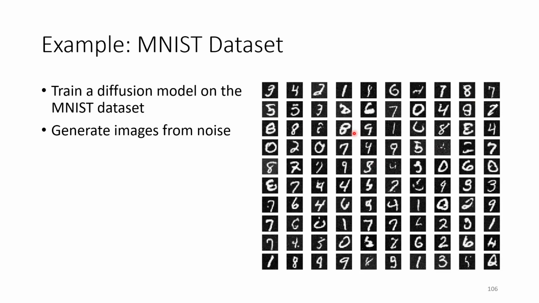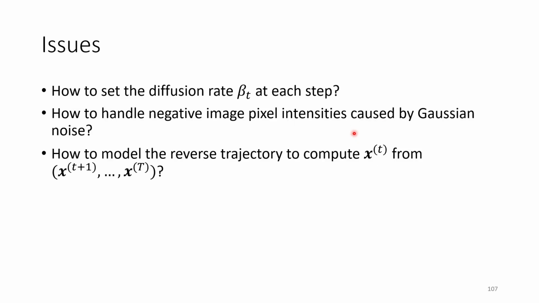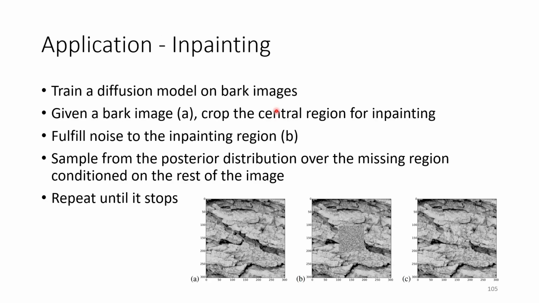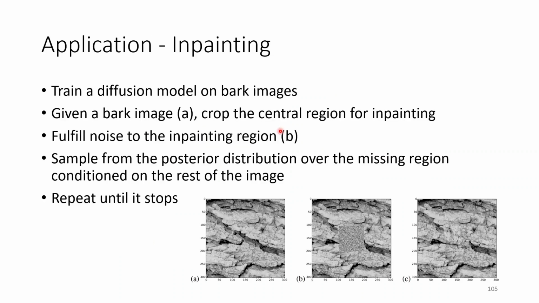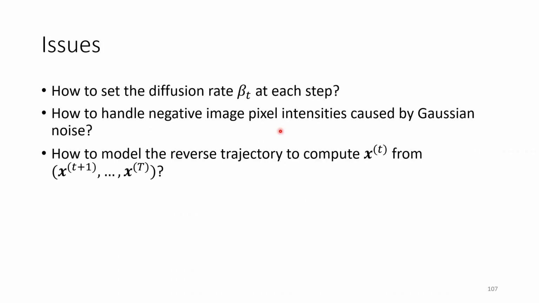Okay. So for stable diffusion models, there are a few issues. First is, what is the diffusion rate? Diffusion rate means from this step to the next step to the next step. This is the Gaussian noise. But how much noise would you like to add? And then, how do you handle